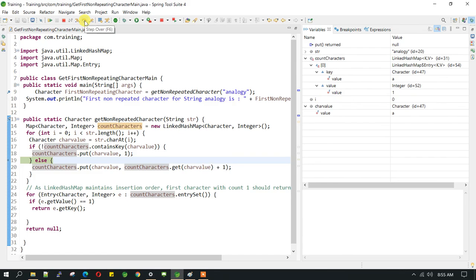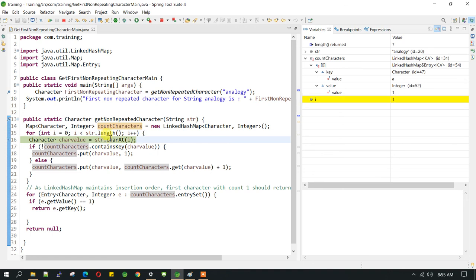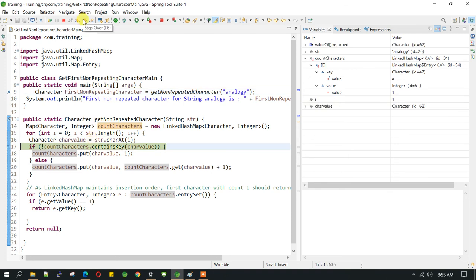Let me go ahead, and again it will go to the for loop with the value of i incremented to 1, and now it will fetch the value at i equal to 1, which is n.